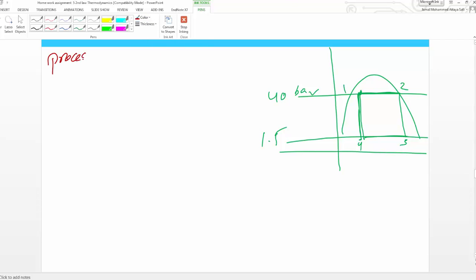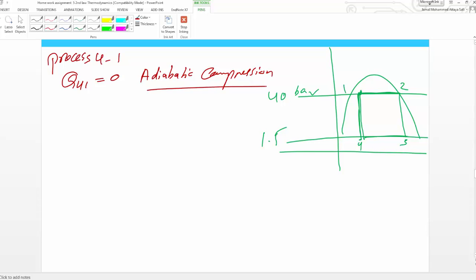So process 4 to 1, Q 4 to 1 equals 0 because it's an adiabatic compression. And work for 1 divided by mass is equal to U4 minus U1. U4 I have and U1 I have already because it's fully defined. So just put the number. Minus U1,